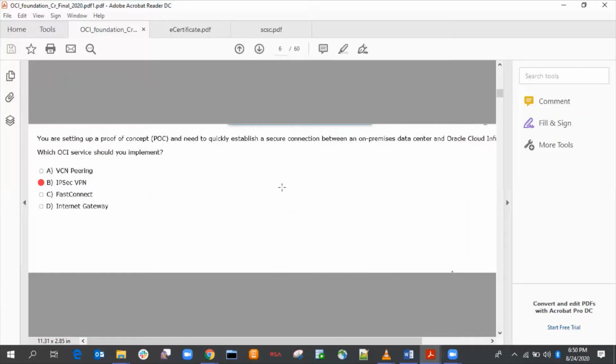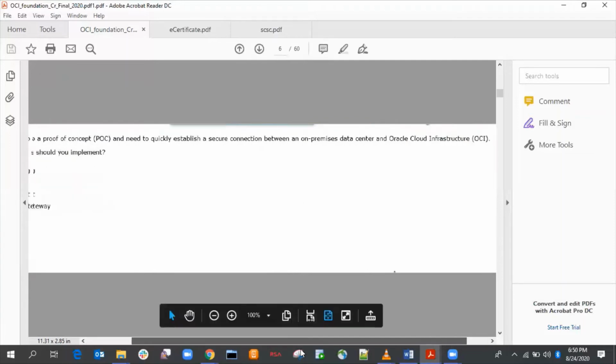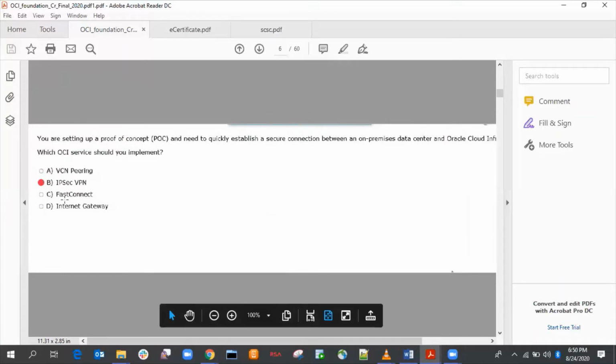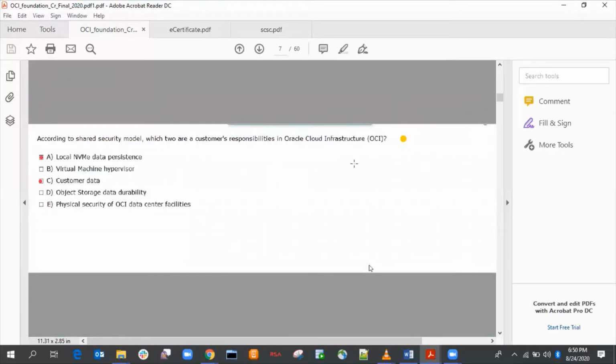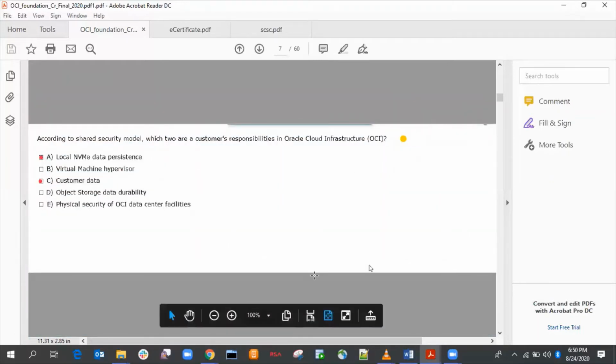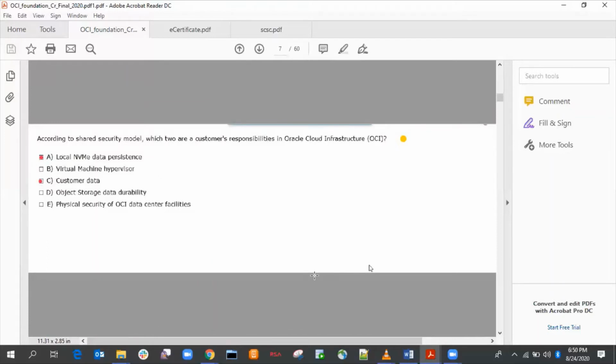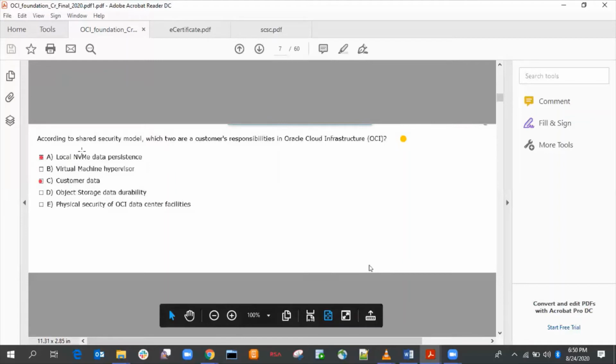Setting up a proof of concept and need to quickly establish a secure connection between a premises data center and Oracle Cloud Infrastructure. The answer is IPsec VPN. According to the shared security model, which two are customers responsible for in OCI? The answer is local NVMe data persistence and customer data.